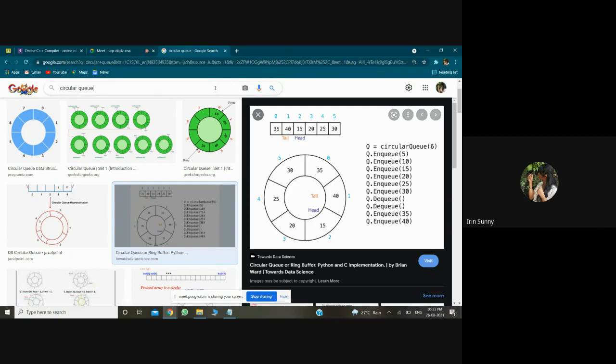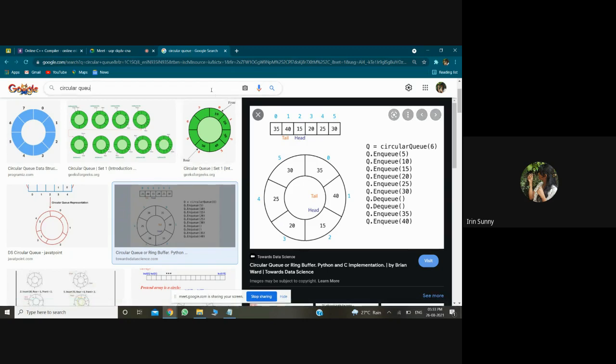Are you getting confused between normal queues and circular queues? In a normal queue, if I remove 30, I write front plus plus and the front points to 40. Here, I can re-access the 40 position because it goes in a clockwise direction. Even if I delete 35, I can re-access the 0th index. In a normal queue, if I delete 35, I cannot re-access that index because the index itself is gone, since I write front plus plus. Here, even if I remove 35, I can re-access it. That is what I mean.